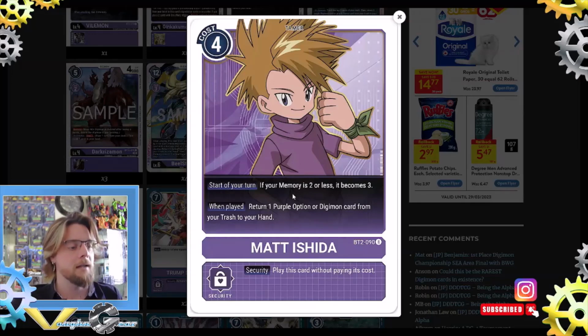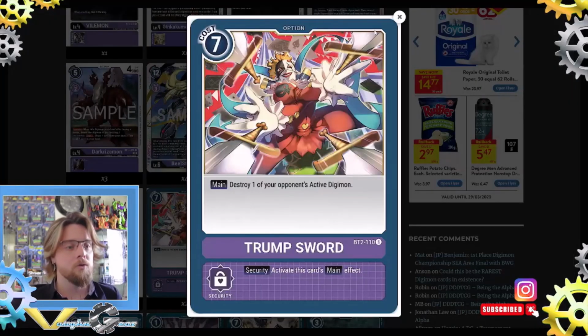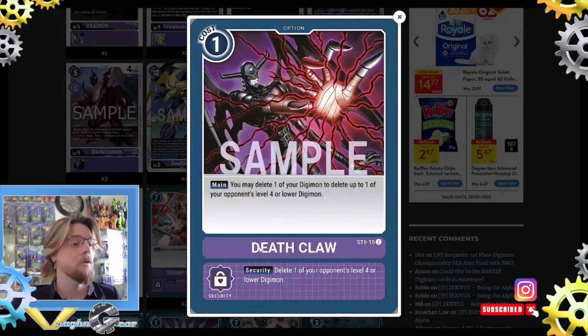So 2 mats, very nice. Okay, 2 trump cards, which is also very good. So destroy one of your opponent's active, unsuspended Digimon. So 2 of that. 2 death claws. Okay, so you may delete one of your Digimon, delete up to one of your opponent's level 4 or lower Digimon. Quite good. And the security is just delete your opponent's level 4 or lower Digimon, so you don't have to delete